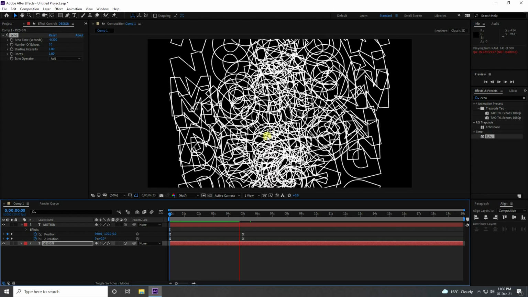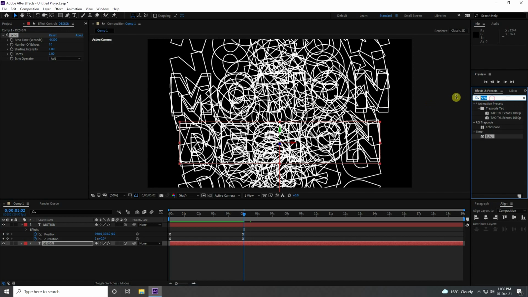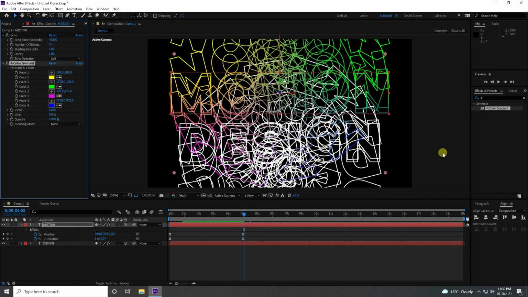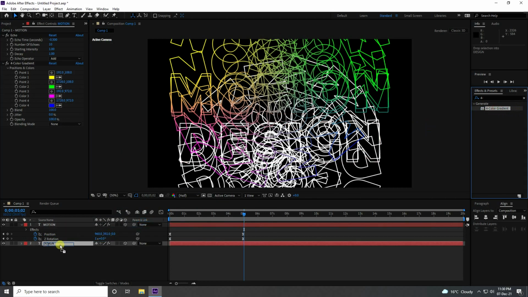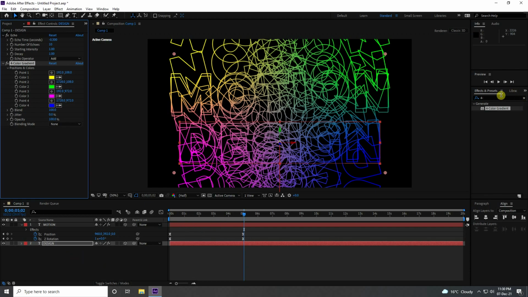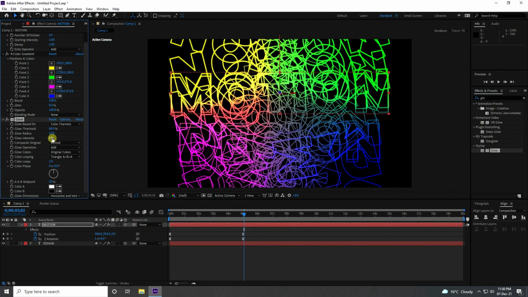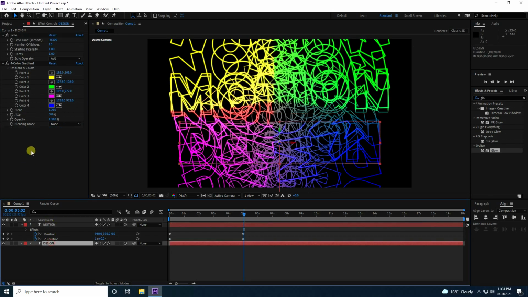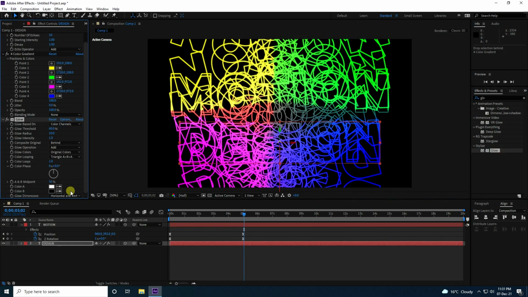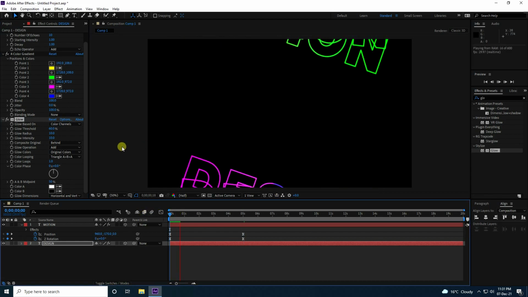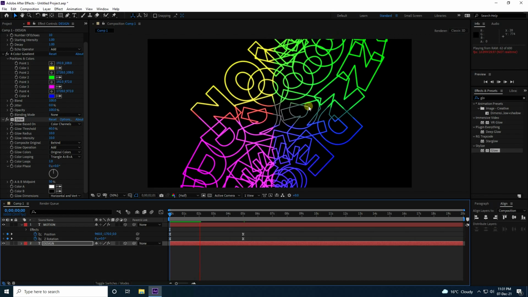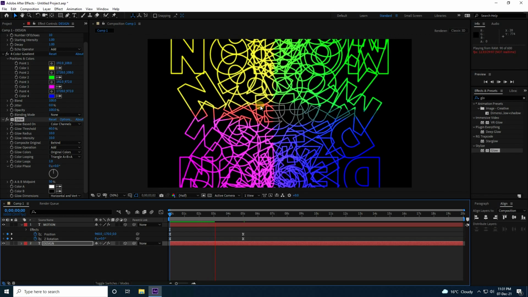Now I apply some colorful color. Type 4 color gradient and apply it, and apply the same on design 2. I also apply the glow effect. I increase the glow intensity to 10, and apply glow on the other layer with the same intensity of 10. Good. Go back and play. See, that's really good, right? My typography effect is finished.